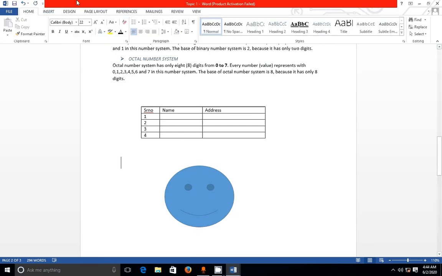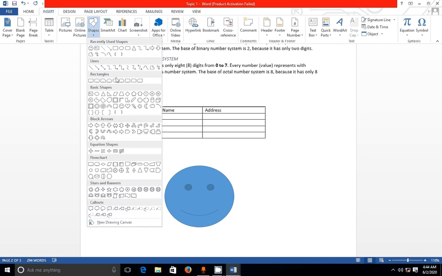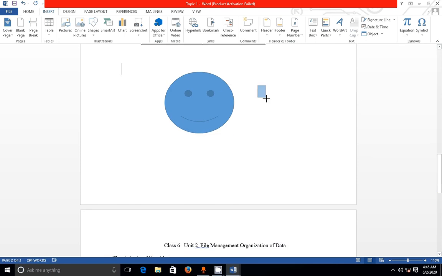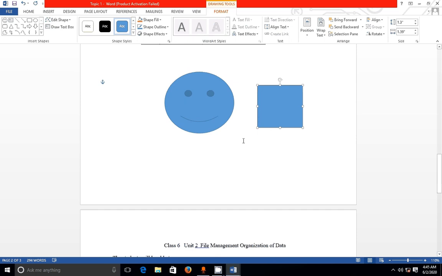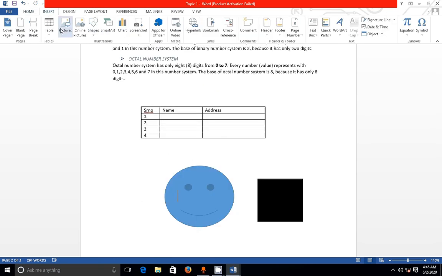Again I am drawing some shapes, like I want one rectangle, then again click on this and draw one rectangle. Here some colors are there, black, blue. I want a black rectangle. That's it. Do you all understand?